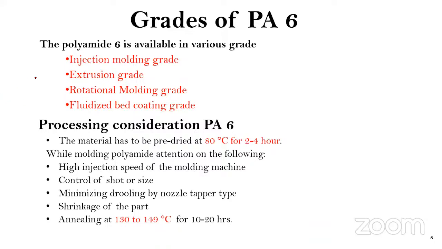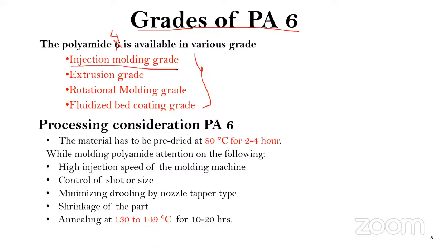Next, what kind of grades of polyamide 6 or nylon 6 can we have? They are available in various grades. Here I am giving you only four, sorry, not six. This is the four, as per my knowledge. Many industries manufacture nylon 6 according to their application, and they can have more grades. So just for my information and knowledge, for example, for you also,